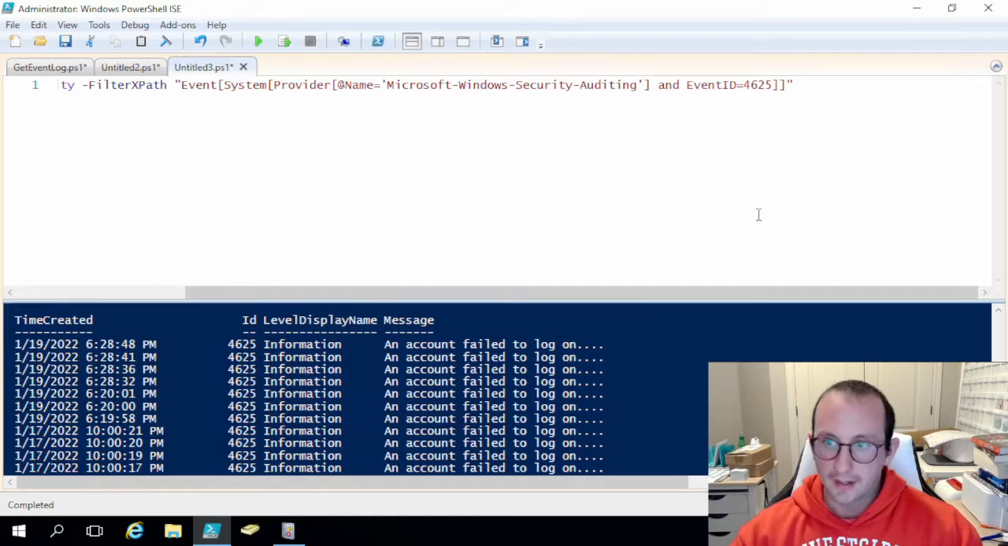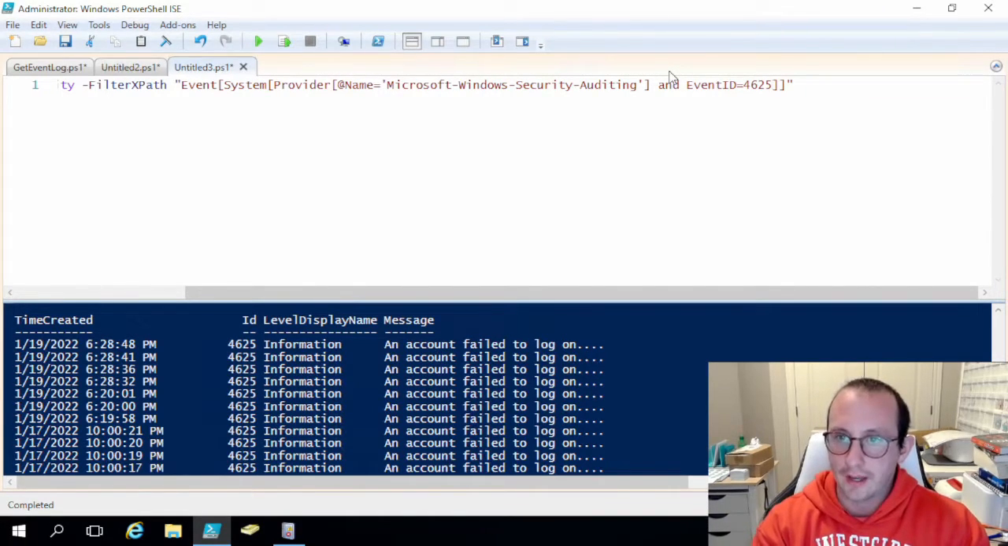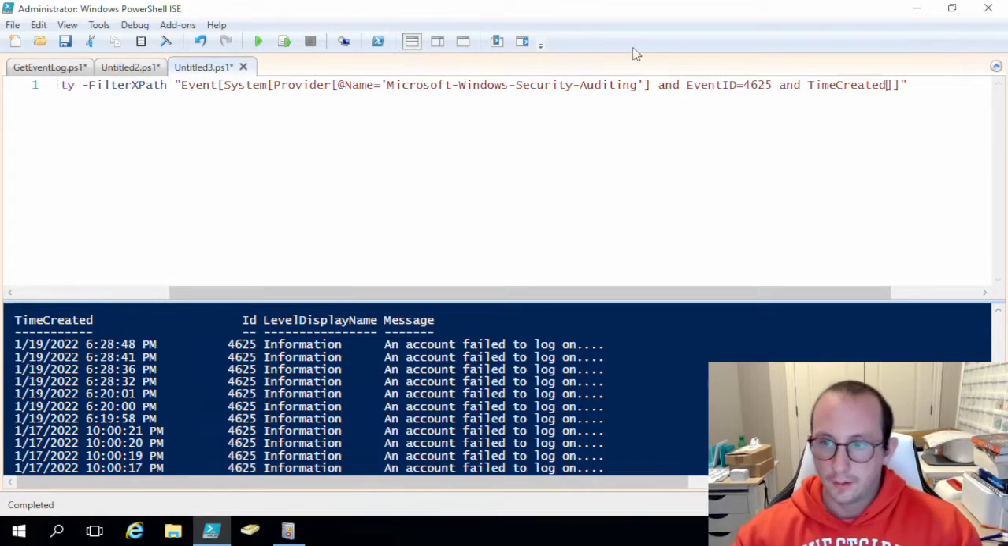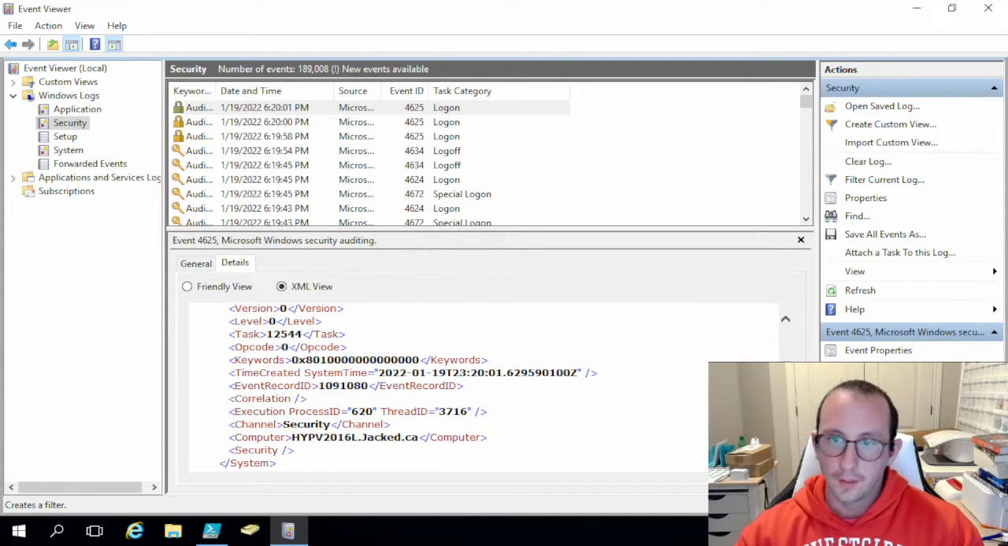So let's go ahead and go back into our PowerShell window here. Now this one is also in system, so we can put it directly after the event ID. This is going to be and TimeCreated. And now SystemTime is an attribute of the TimeCreated tag. So let's go into the SystemTime. But now the only thing that we want to do is we also want the time difference. We only want the events in the last